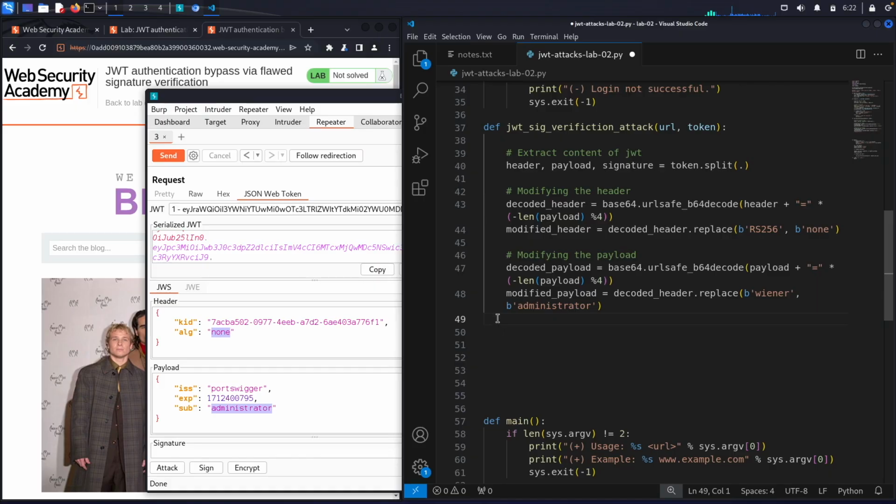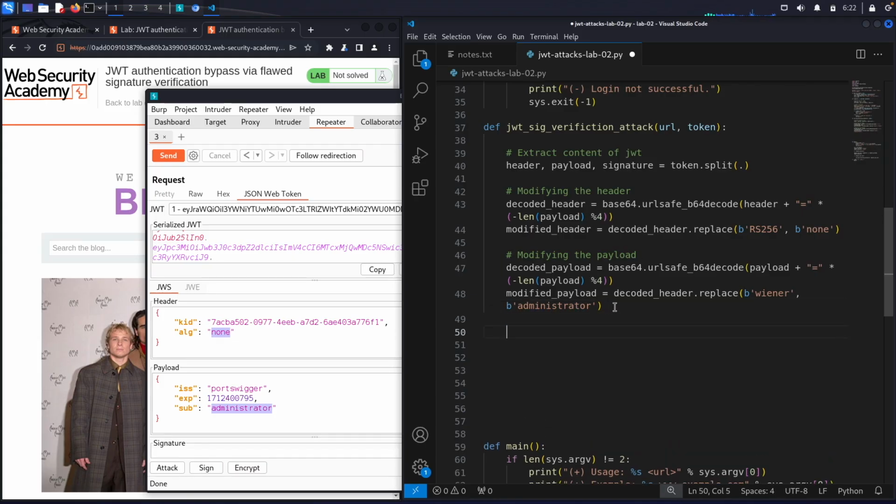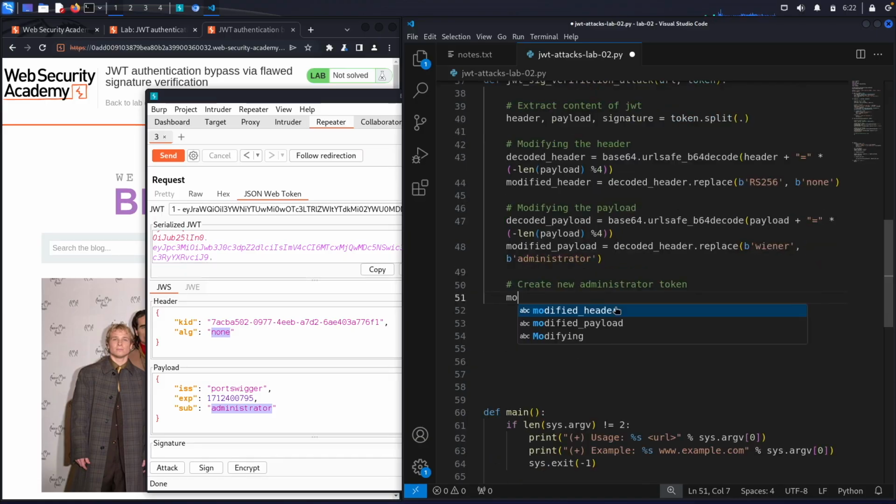So what's left is to re-encode the header and the payload, assemble our JSON web token, and then use the new JSON web token in order to perform our attack. So let's say create new administrator token. First thing we're going to need to do is encode the header and encode the payload. And so we'll say